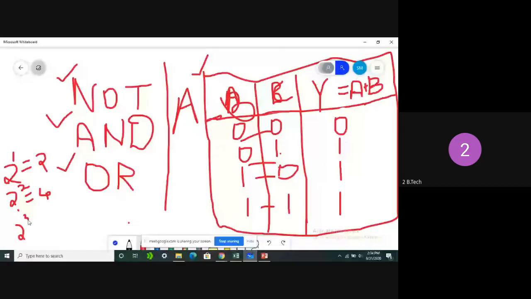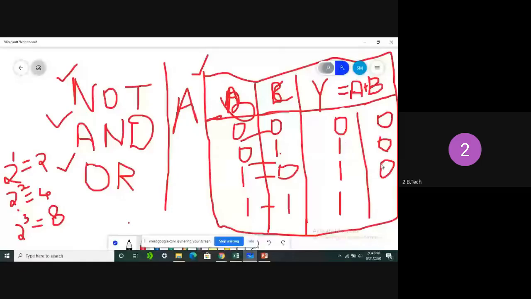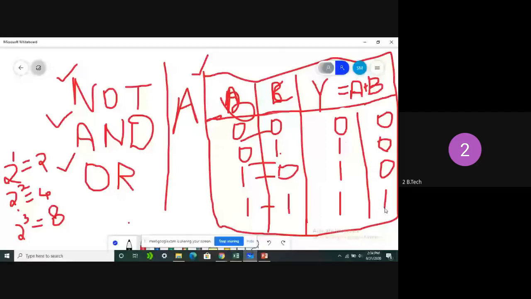If 3 inputs are there, we can see 8 combinations. From the previous truth table, what can we say about the AND gate? Here I am writing the AND gate. The input combinations are the same. So for the AND gate, what is the output? If both are high, then only we are getting output. I think everyone got the right side. That is the output of the AND gate.